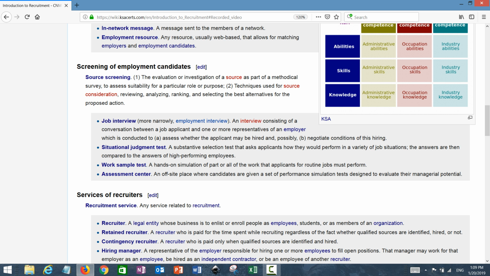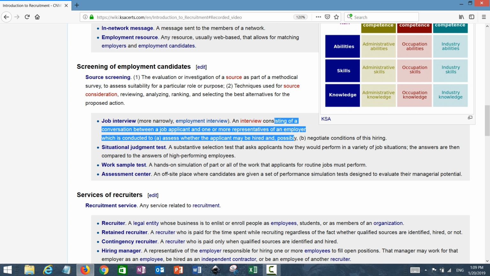So an employment interview is an interview consisting of a conversation between a job applicant and one or more representatives of the employer, which is conducted to A, assess whether the applicant may be hired, and possibly B, negotiate conditions of this hiring.